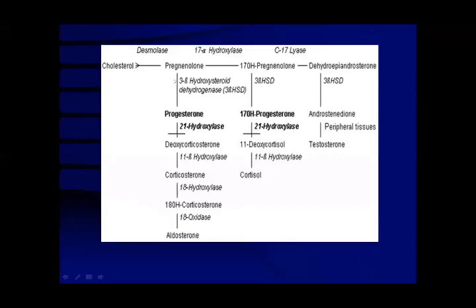This is the detailed picture. You can see pregnenolone and these 5 hormones: 1, 2, 3, 4, and 5. These are the 5 hormones which are important in their synthesis. Whenever one hormone is blocked, the precursor hormone will rise in the blood. You can see the picture. This picture is given in your book.